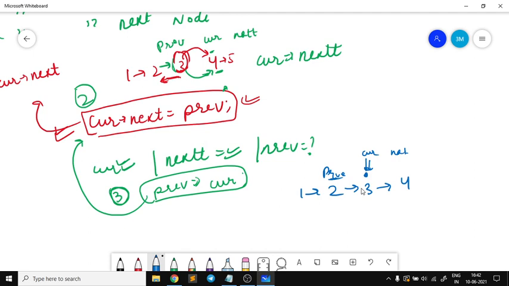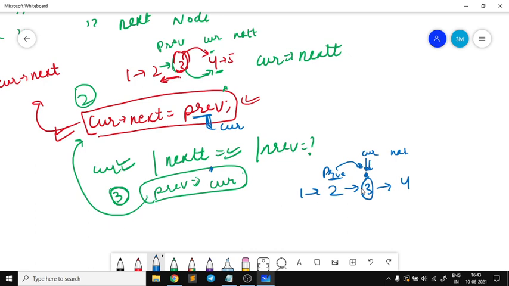Now before shifting the pointer, if I move the previous to this one again, my previous and current would have been pointing to 3 only, right? So how could I do this? How can I change my next pointer to previous one, because my previous is pointing to current only after this step. So I hope you are understanding that this will be creating a mess.